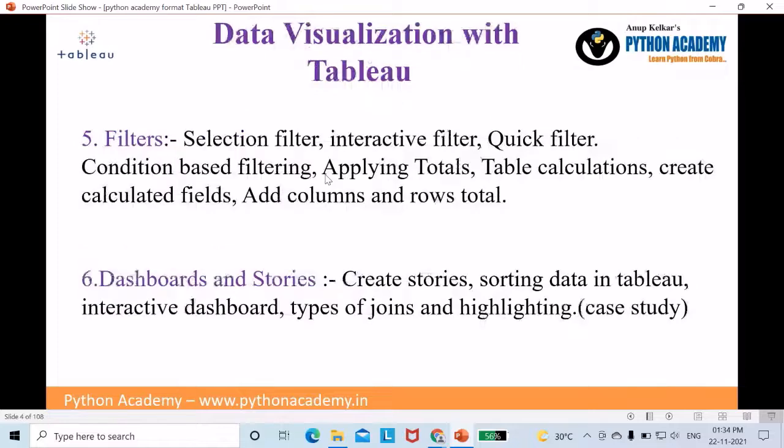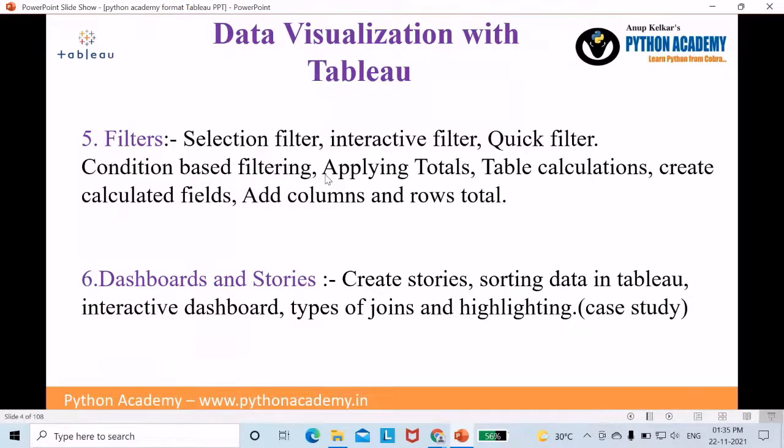So let's move on to our fifth chapter, that is filters. Selection filters, interactive filters, and quick filters are the main filters, and generally we can use these filters repetitively in every data source. Condition based filtering, applying totals, table calculations, creating calculated fields, and adding column and row totals are part of chapter number 5, filters.